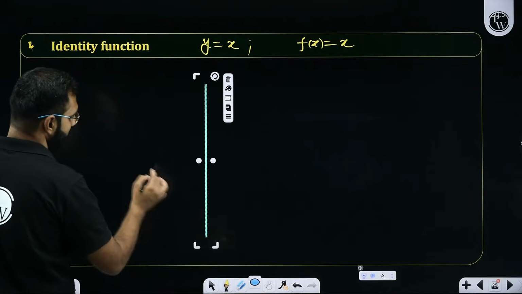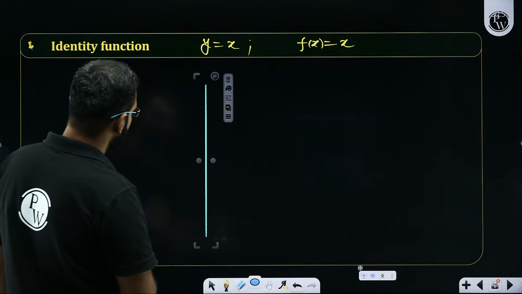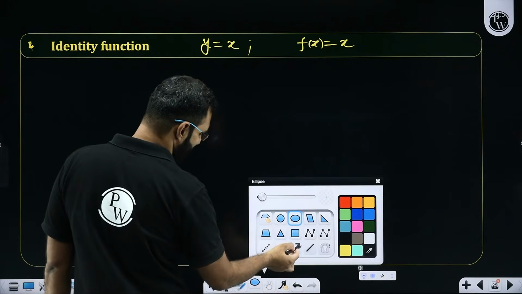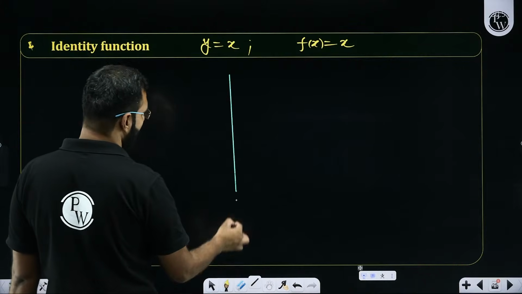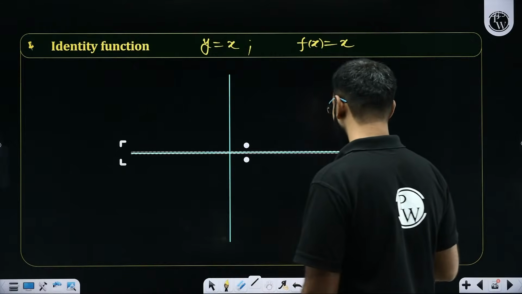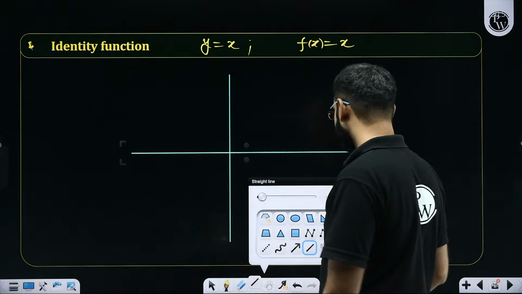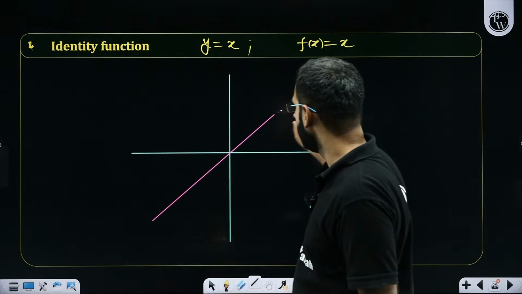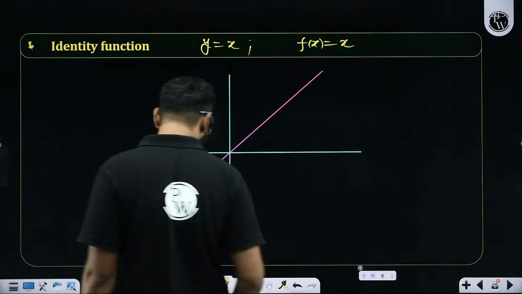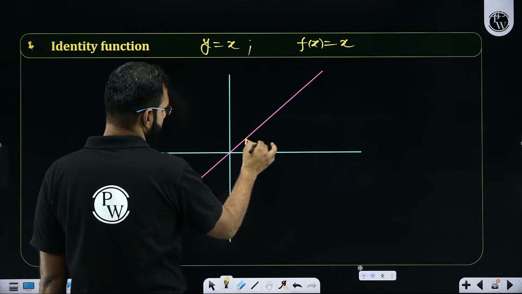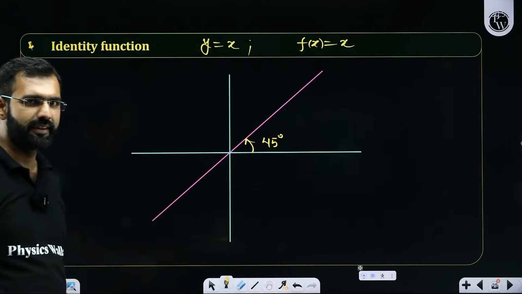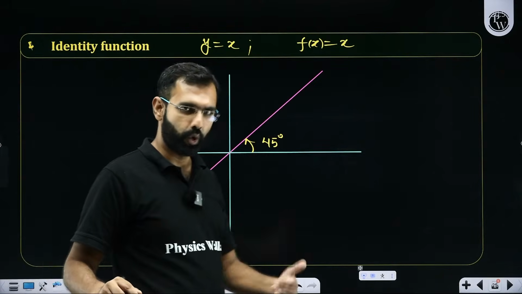This will be the, let's say, y-axis. Amazing. What has just happened? I think I was trying to draw a circle. Okay. So let's say this here is the y-axis and this here is the x-axis. Yes or no? And if you are drawing a straight line which is passing through the origin, and it is making an angle of 45 degrees with the positive direction of the x-axis. Sir, why are you discussing all these details? Because you are going to study these anyways in the chapter coordinate geometry.